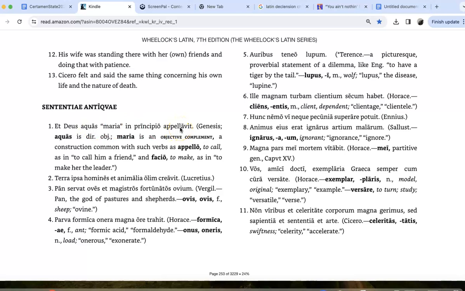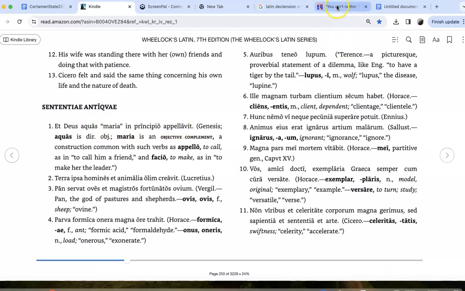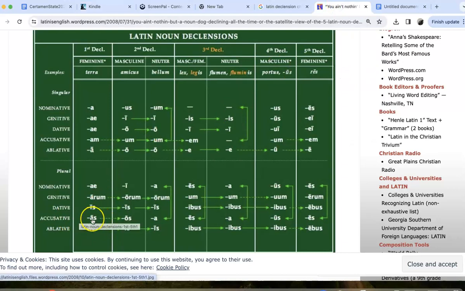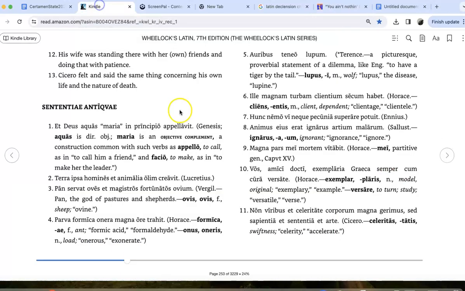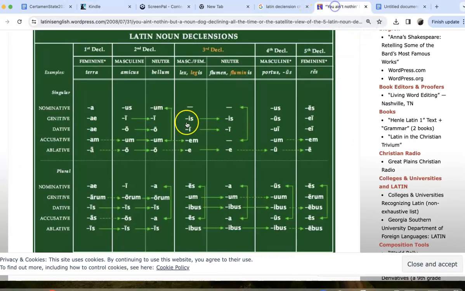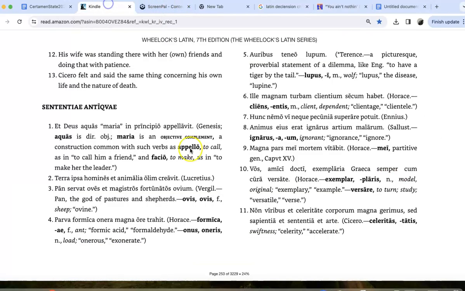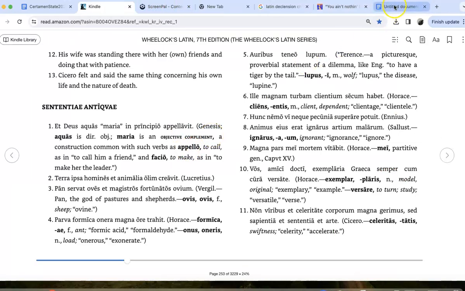Here, called, so this is past tense, isti, imus, istis, erunt, so we need to be able to recognize this is perfect. And then waters is first declension accusative plural, but then maria is what he calls it, which is the sea, the word for sea. And then in principio means in the beginning, because second declension ablative singular is o. And so here's another function or usage of ablative, often expressing some kind of prepositional phrase, in this case, in the beginning. So we put it all together and we write